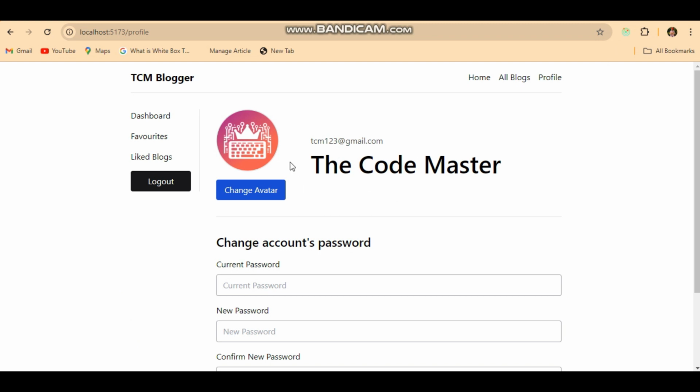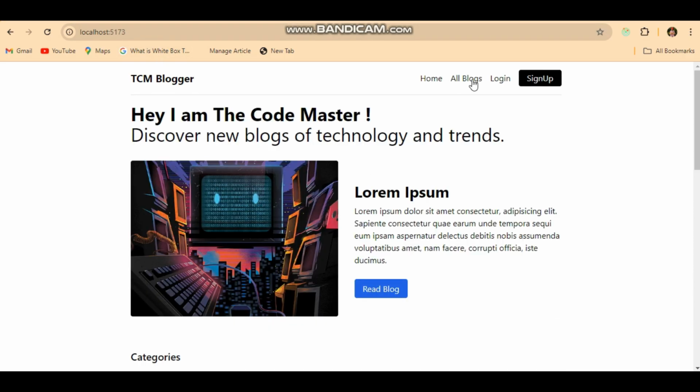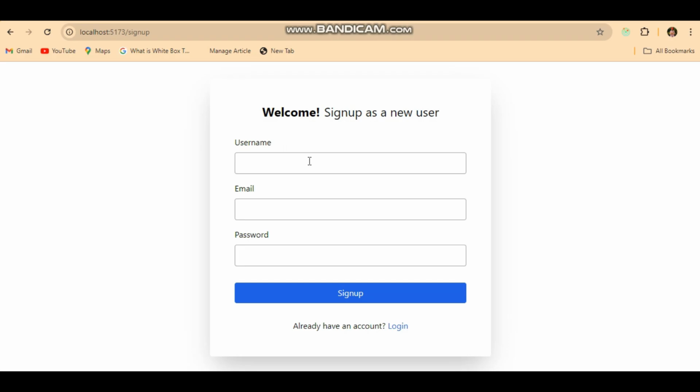So as we are done with our change images of a particular profile, let us now go to our admin logins and all that. First of all, let us log out and sign up with some new credentials so that I can have the admin login at that particular time. I want to have an admin, or you can say username, my admin,